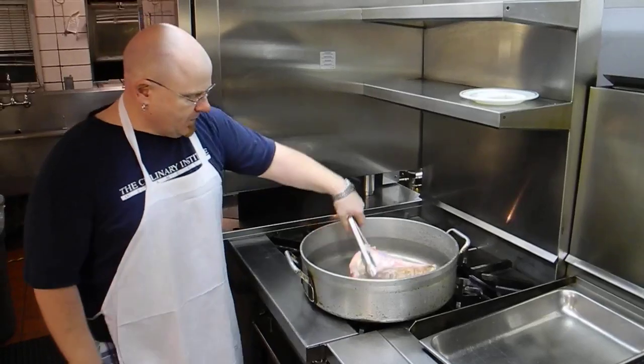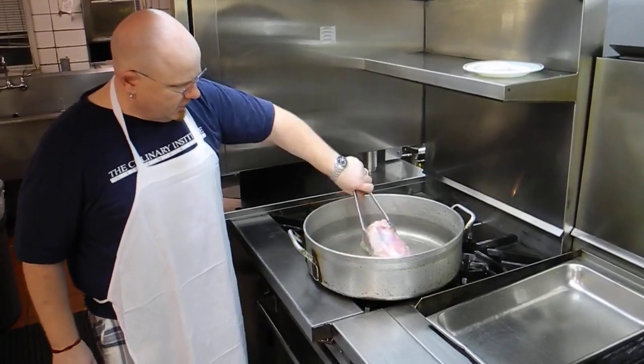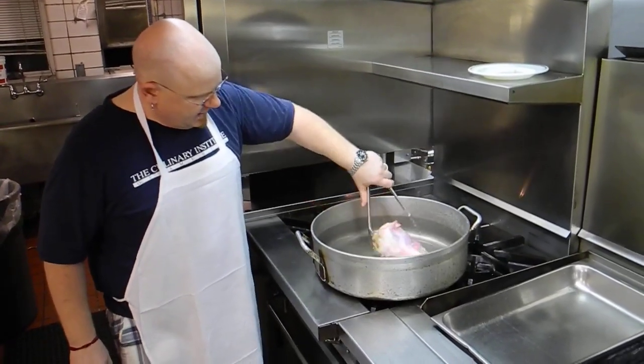But so I got here, I have the veal shank in here now. I have this thing under a high heat, blasting, and I put some canola oil in there. And I just want to get some color on it. And while that's going,